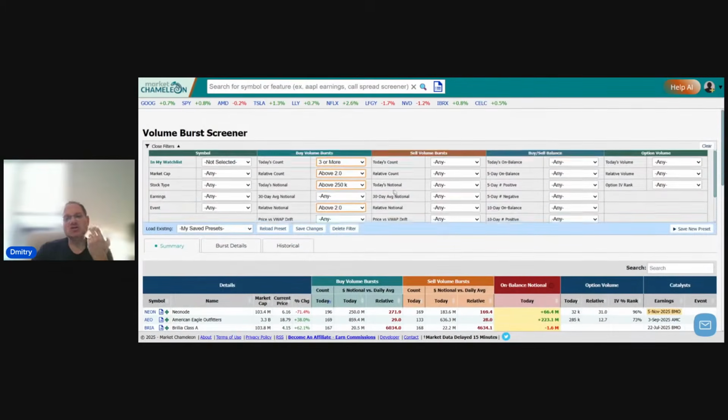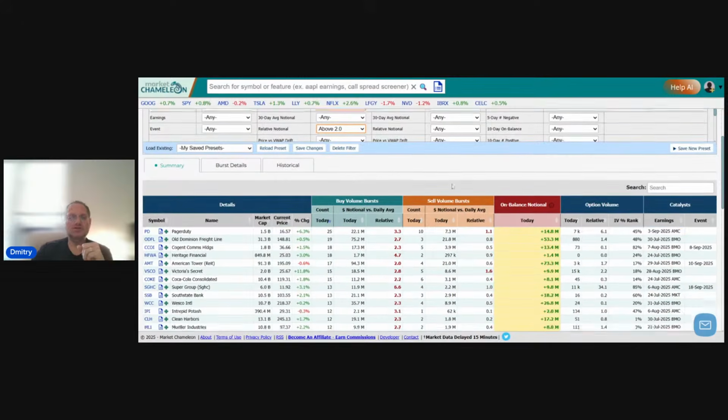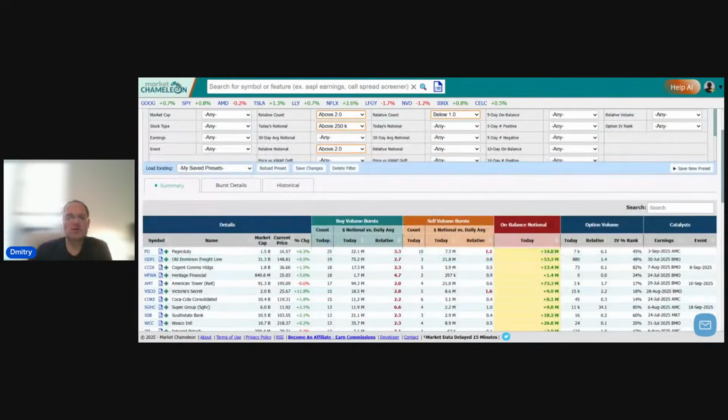And since we're looking at something where we're seeing it on the buy side, not the sell side, we're going to do something different on the sell side. Let's say on a relative basis on the sell side, we don't see as many as typical, so below 1. So you see now, all of a sudden, look how many, it went down to 70. So just to review really quickly, there's a larger buy imbalance, and we don't see,